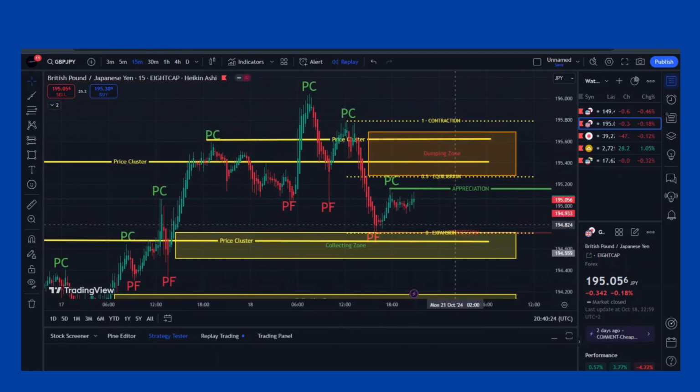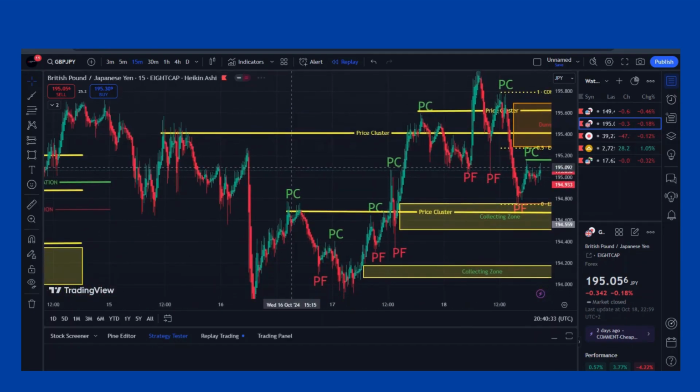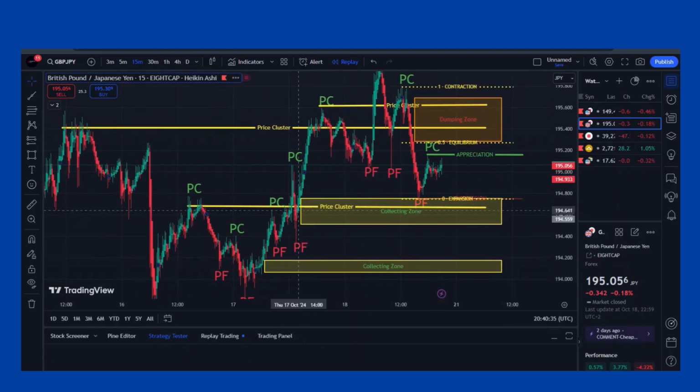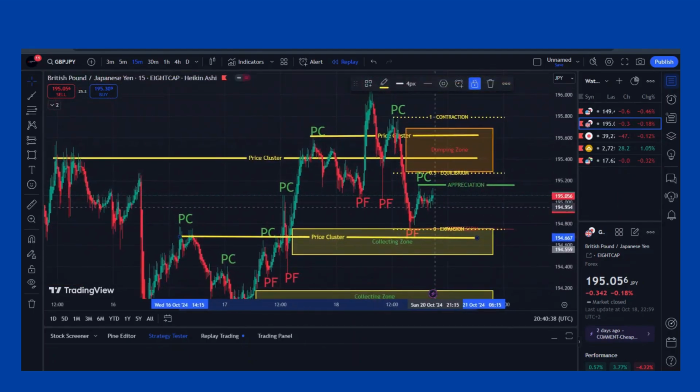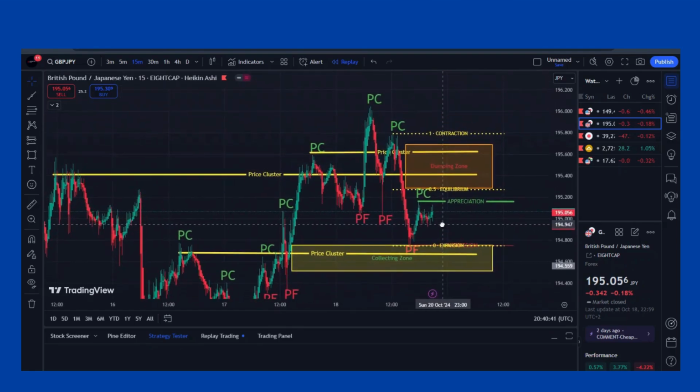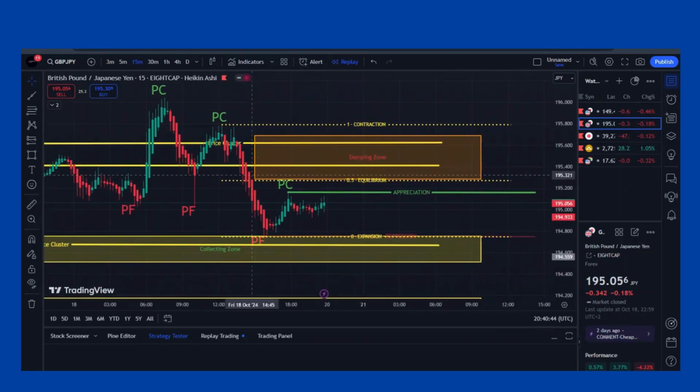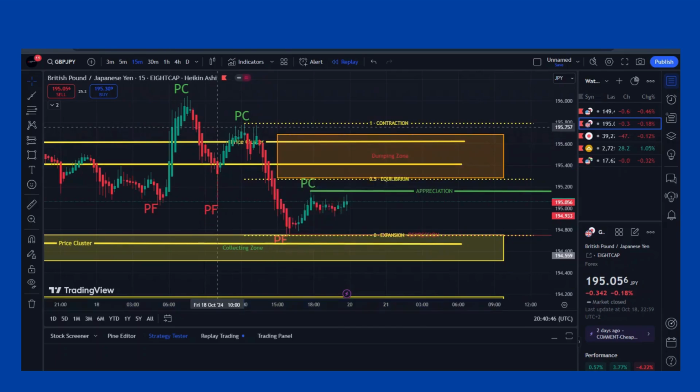Right, so once I get all my price floors and price ceilings in place, the next thing is to identify the price clusters. As you can see from the previous week, these are the price clusters that are being formed within this pair as it moves in the upward momentum, and the last close price was at 195.056. Below it there was an expansion level that was formed, which created an expansion zone above it,